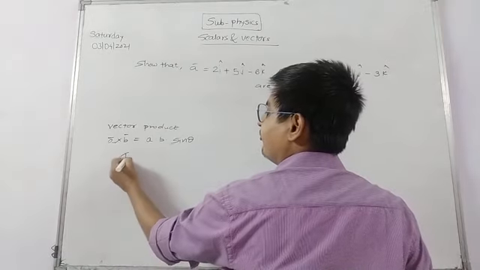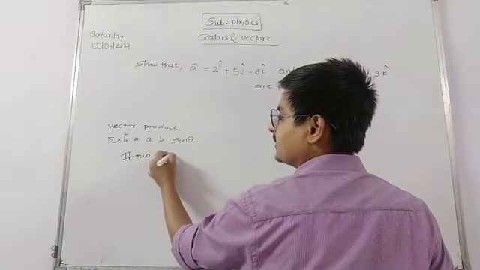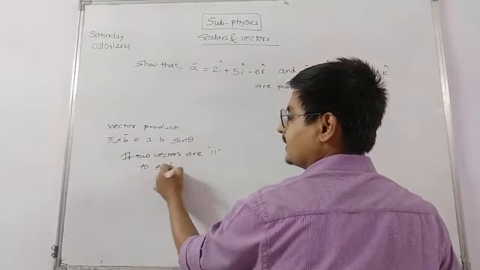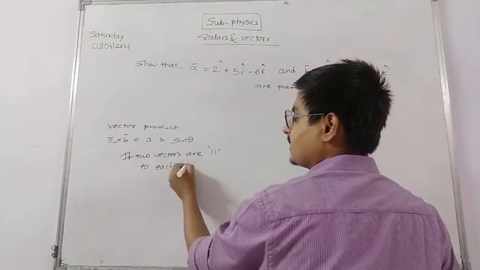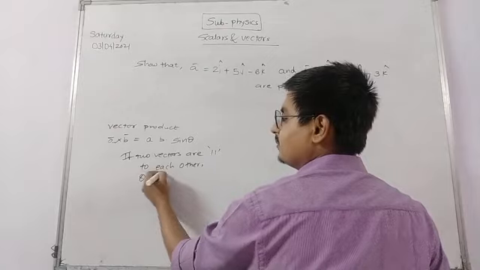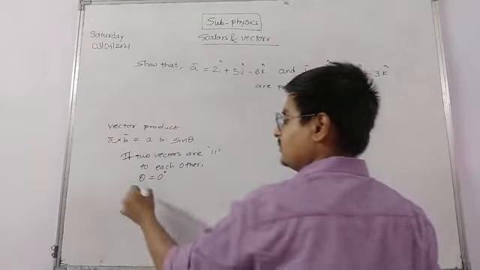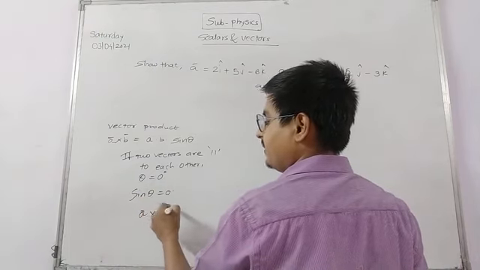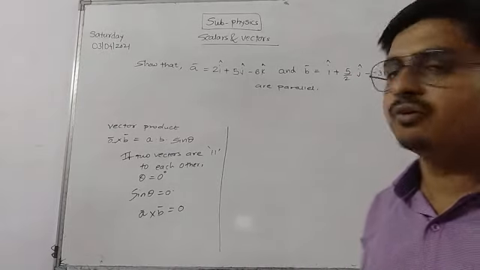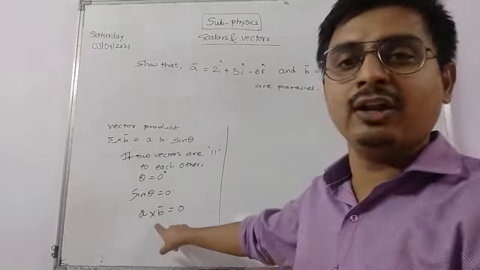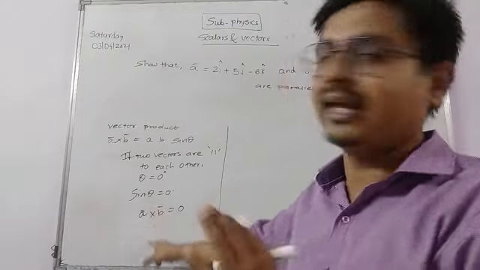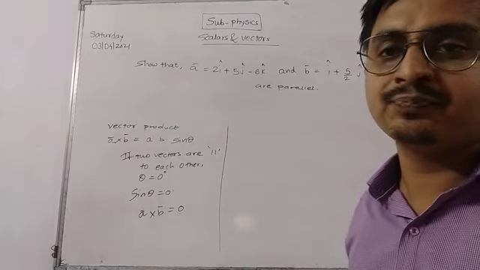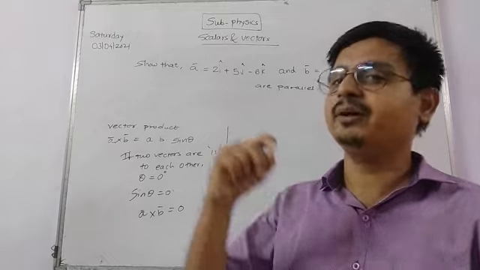Okay, if two vectors are parallel to each other, theta should be 0, and if the theta is 0, your sin theta will be 0, and a bar cross b bar should be 0. So this is the one method. If we get a bar cross b bar equal to 0, अगर हमको a bar और b bar का क्रॉस प्रोडक्ट 0 मिल जाता है, तो हम प्रूफ कर सकते हैं कि वो पैरेलल है. ओके, नहीं तो फिर स्केलर से भी कर सकते हैं, but it will be a longer method.